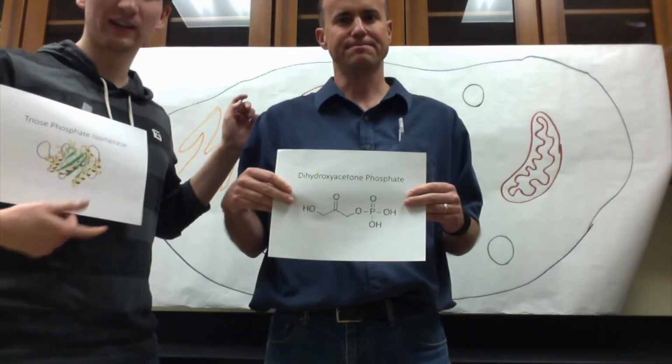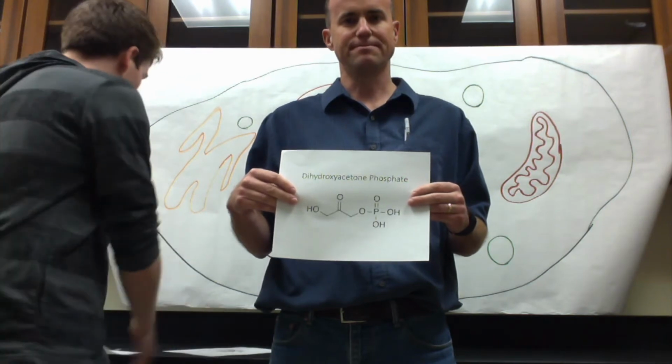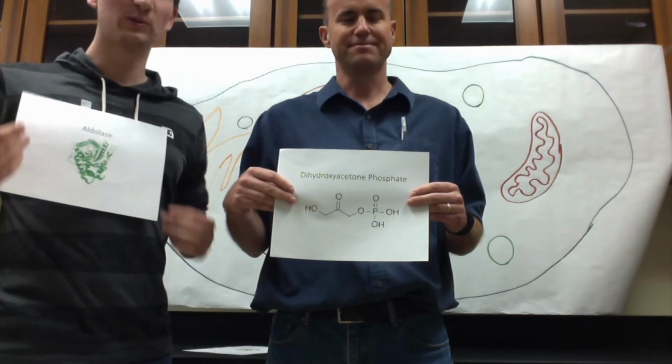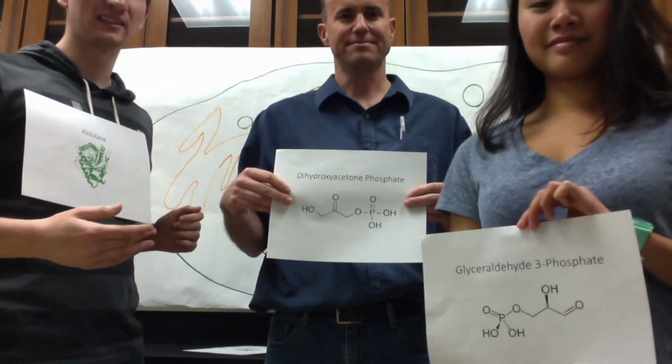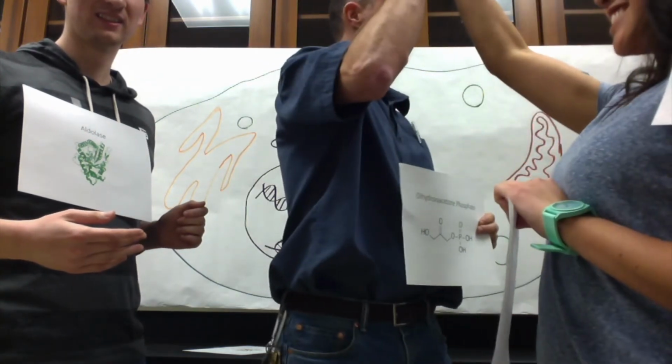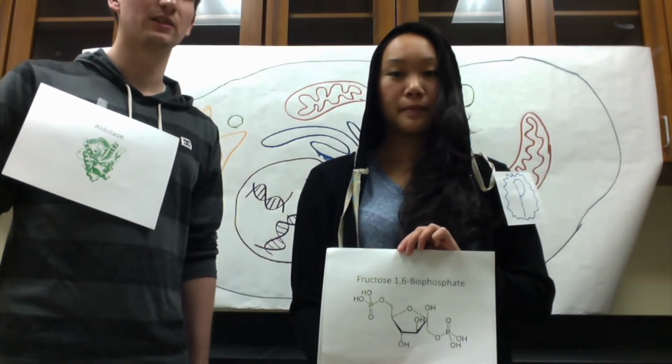The next step is carried out by the enzyme aldolase, which will join another glyceraldehyde 3-phosphate with the dihydroxyacetone phosphate, forming fructose 1,6-bisphosphate. The next step of gluconeogenesis is the conversion of fructose 1,6-bisphosphate into fructose 6-phosphate, using an enzyme